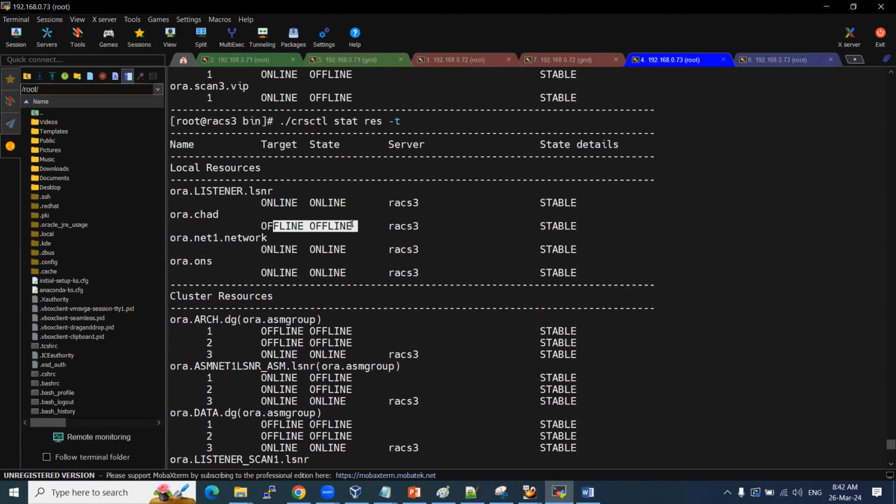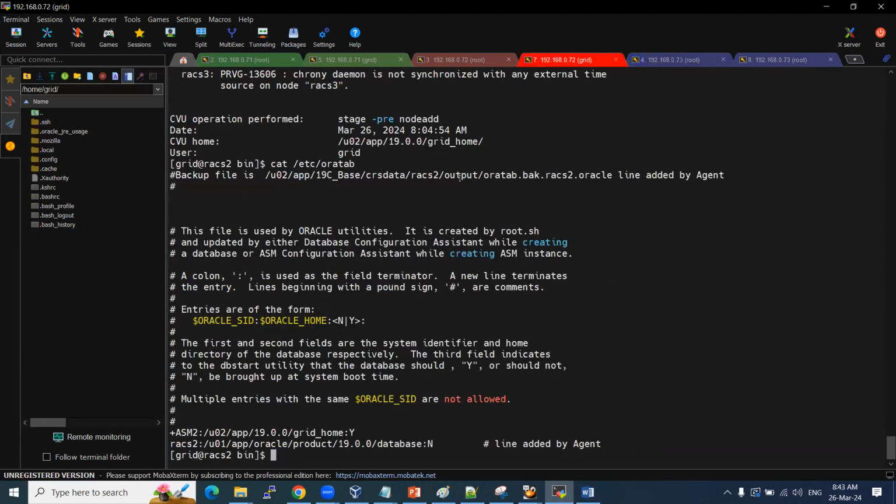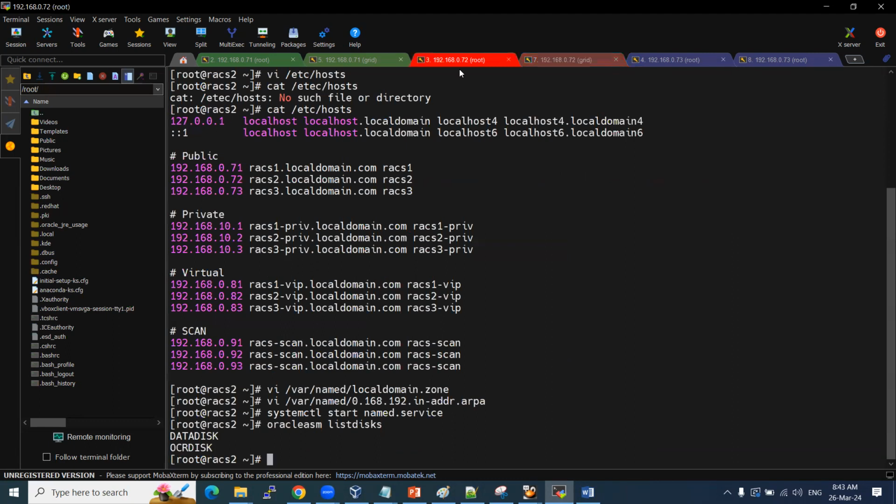This service, why? Because we haven't configured the database completely, right? So let me proceed with the database part also, and the remaining things that are offline we need to check as well. Because what we did is add the IPs and we did not bounce these